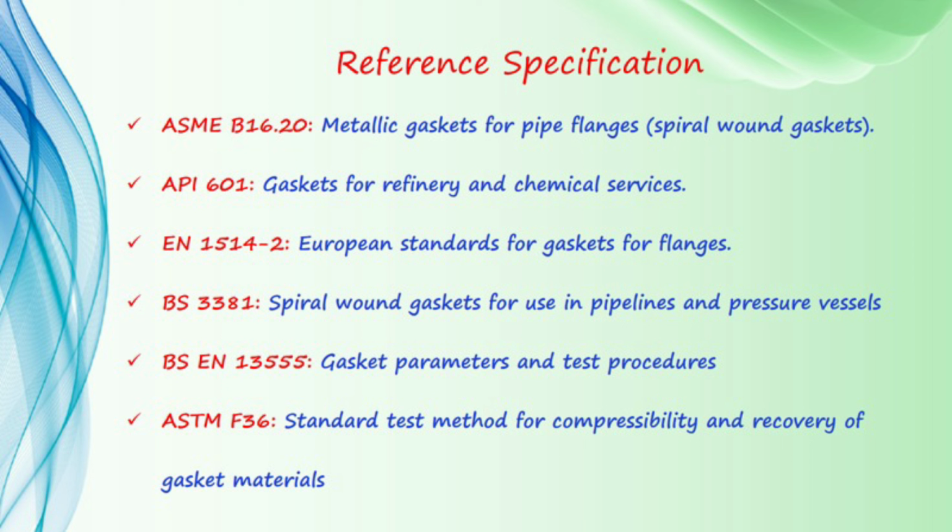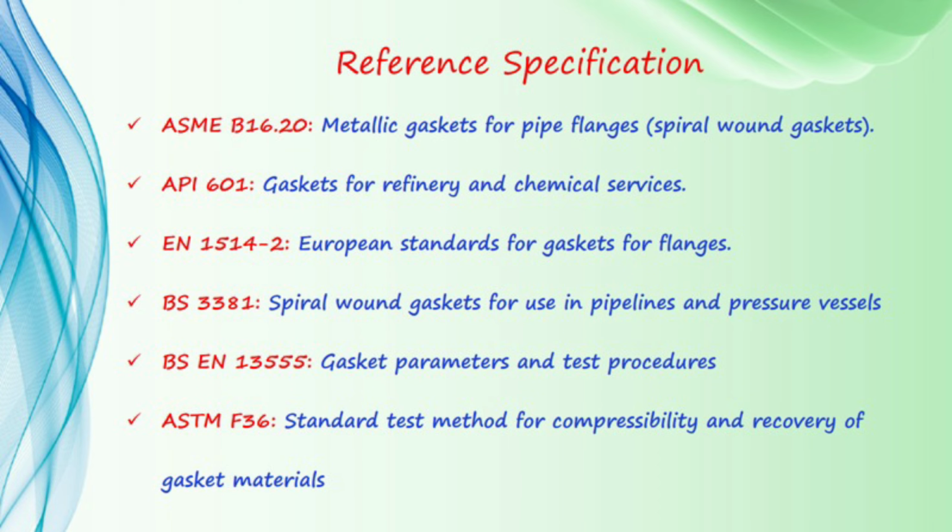One is ASME B16.20, that is for metallic gaskets for pipe flanges and specifically for the spiral wound gasket. Then API 601 is there. Then EN specification EN 1514 part 2 is there. Then British standards BS 3381 and BS 3555 are also used in the British countries. Then the last specification is ASTM F36, that is the standard test method for compressibility and